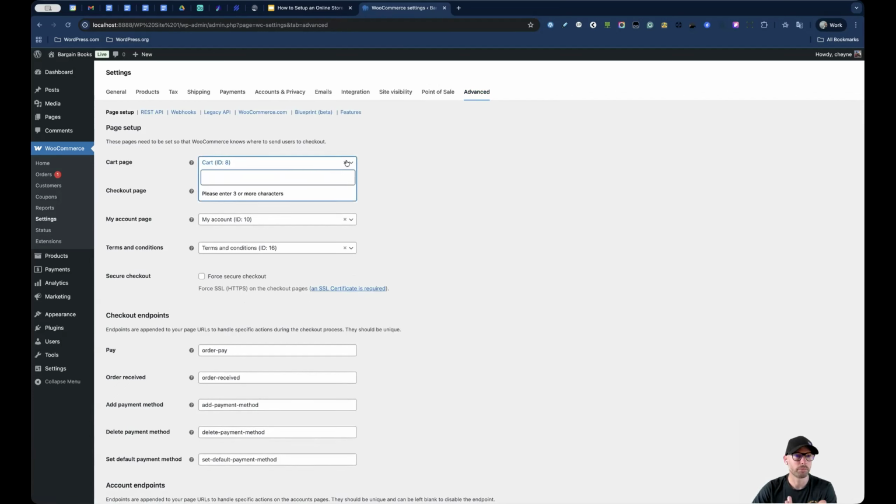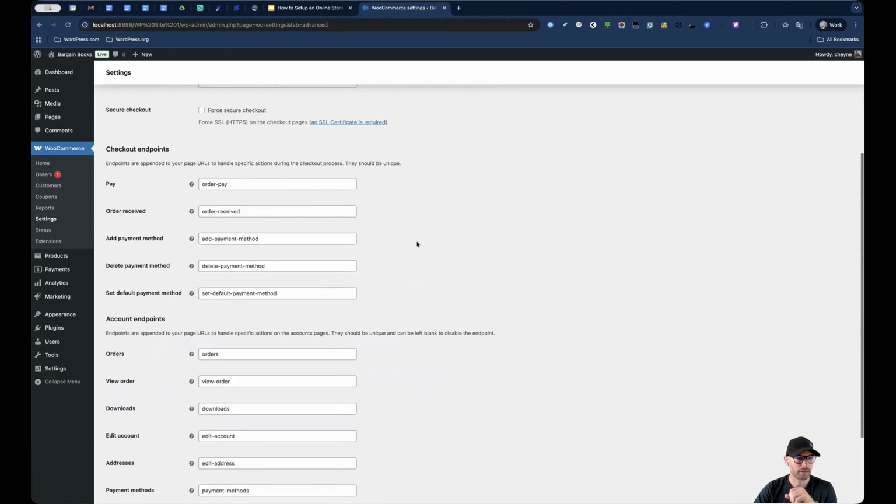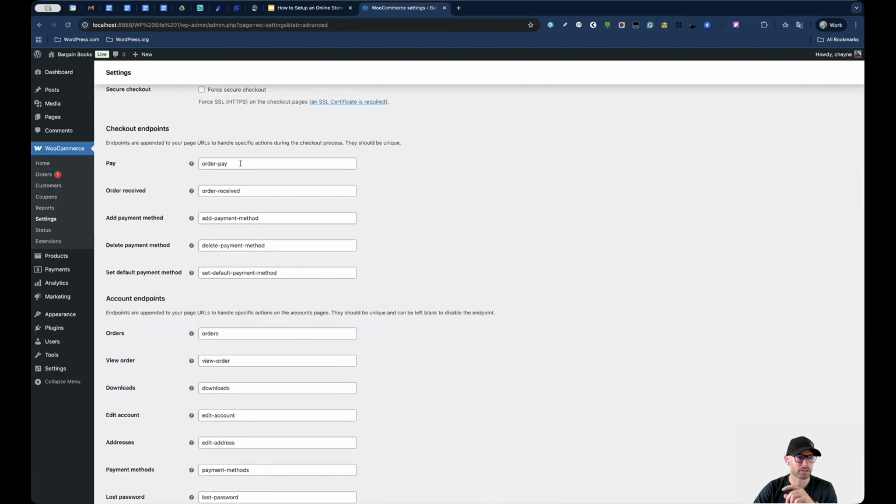We're going to set what page uses the cart page, but I would just leave these as they are. The terms and conditions, you might have already prepared a page for the general website, and you might want to apply that page to be the terms and conditions page. We have pay endpoints, which is the URL that's used after an order is received or a payment has been added,